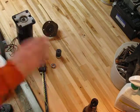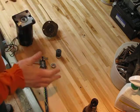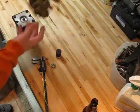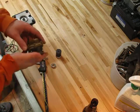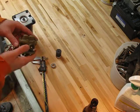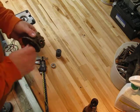Welcome to a new project. I was sitting here brainstorming what I'm going to be doing here. This is an oil pump, and it's a salvage part I took off of a trash machine, and it was actually a transfer pump for coolant oil. And I'm going to use this or